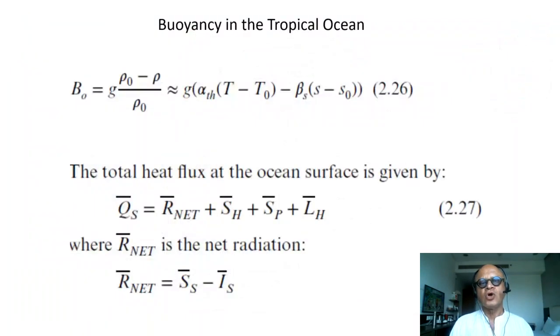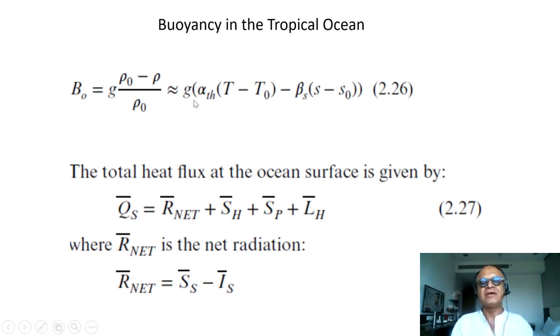Let's look at the ocean part of this buoyancy, or creation of buoyancy. So in the ocean, as we said, it's an incompressible fluid for all practical purposes, so we can go back to density instead of worrying about temperature and jumping between pressure and temperature and so on as we do in the atmosphere. You can write buoyancy like before, we said, reduced gravity, so g times (rho 0 minus rho) over rho 0. So if you perturb the water parcel by a little bit compared to the background density, then what